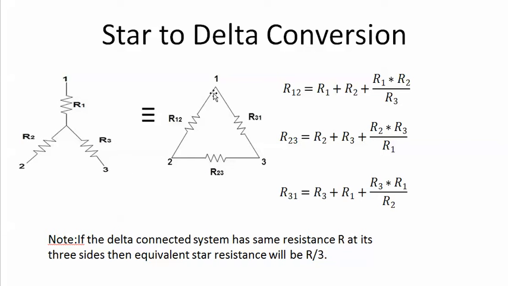So while converting from star to delta, if the resistances are equal, the delta resistance will be 3 times the star resistance, or the star resistance will be 1/3 times the delta resistance. But what about power? Power remains constant, that is in star whatever is the power consumed, the delta circuit will have the same amount of power consumed, though the voltages and currents in the respective circuits will be different, but the power remains a constant. That is an important point to be noted.